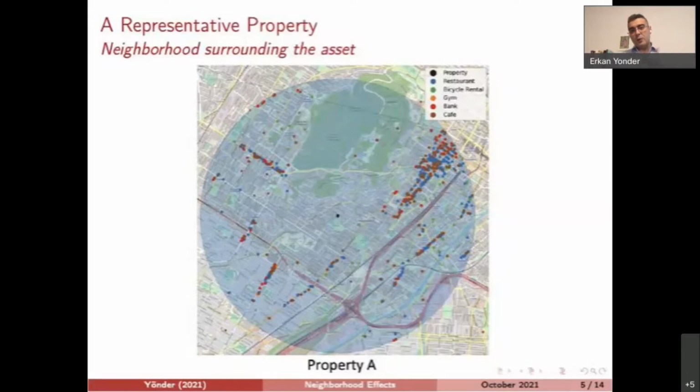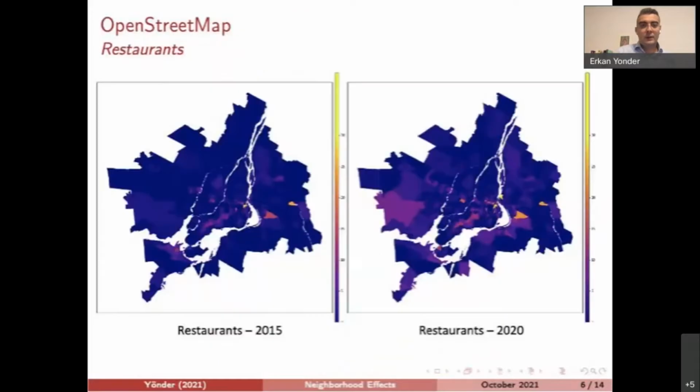So we put our property in our sample at the center and look into the surroundings. This surrounding includes data from the census. This could include business establishments, which is a dynamic data set, for instance. So we try to benefit from any kind of neighborhood data we can use, and this can be improved much more, of course. We use 3-4 different data sets, but we can even use more in the setup.